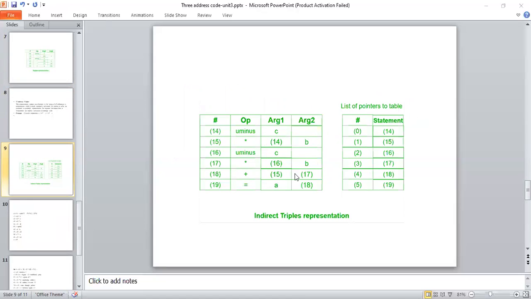Write the triple table as it is, and these indirect values. So these statements are represented with some indirect values. Wherever we have these referential values, they are simply replaced with their indirect pointers. In the previous table I have 0, 1, 2, 3, 4, 5, and these values are replaced with 14, 15, 16, 17, 18, 19.